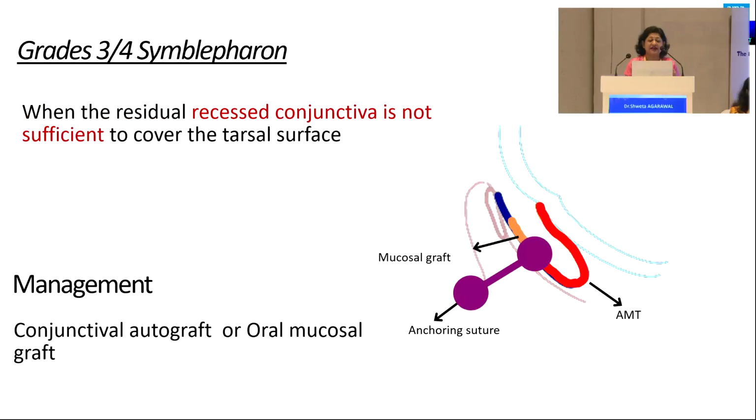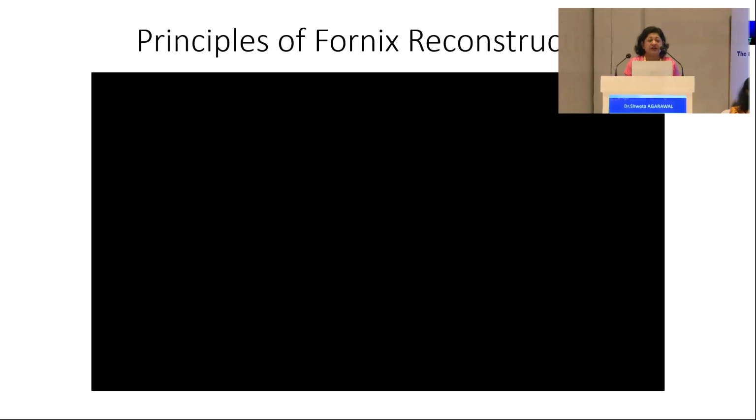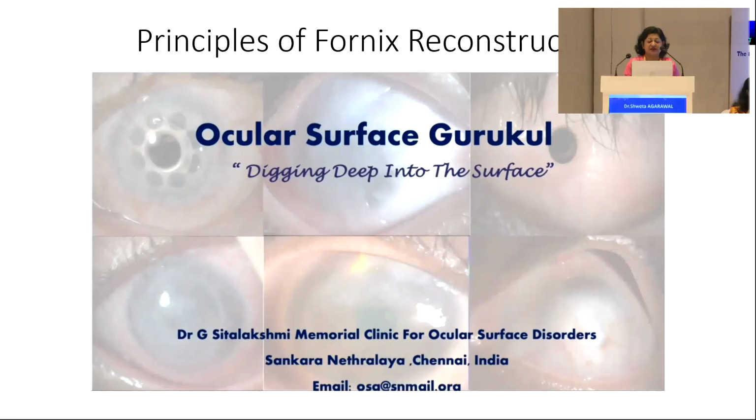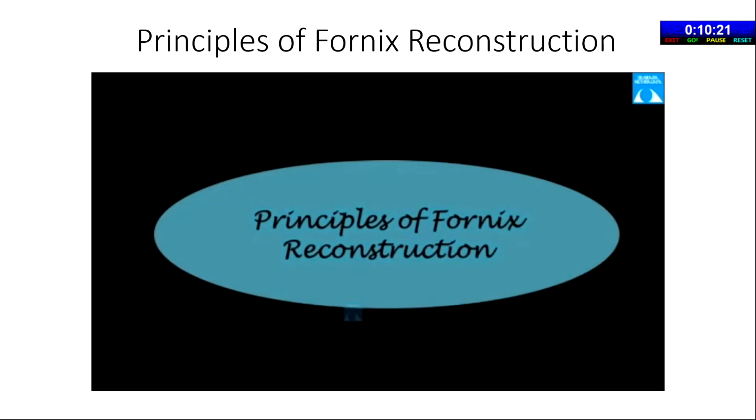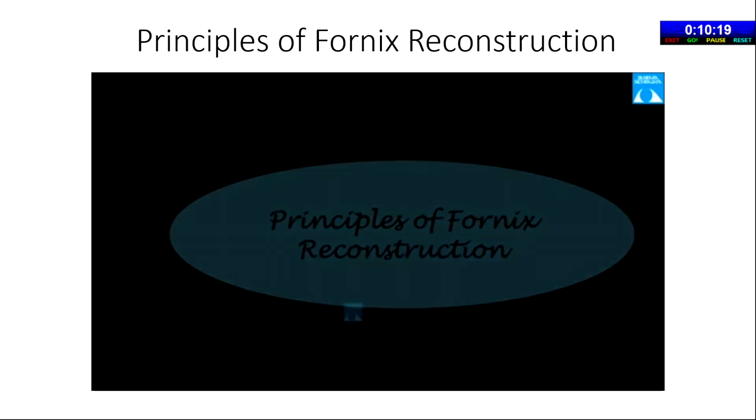However, if it's the entire tarsal, palpebral and the bulbar surface which is raw, then you would prefer a mucous membrane graft along with an amniotic transplant and an anchoring suture to keep the surfaces away from each other. Now let me take you through this animated video of Fornix reconstruction, which was done by one of our cornea alumni, Madhuvanti. The basic principles are,